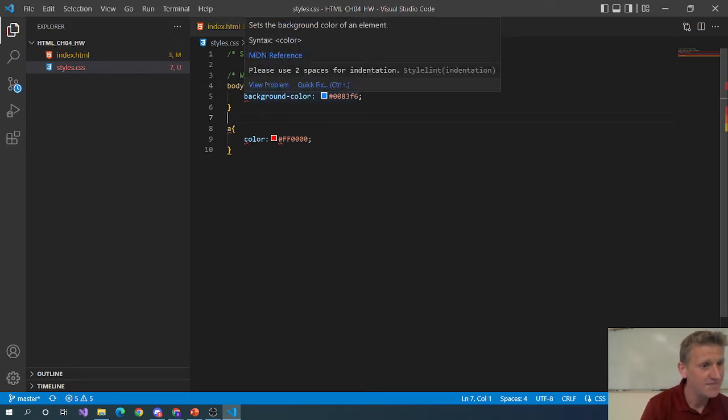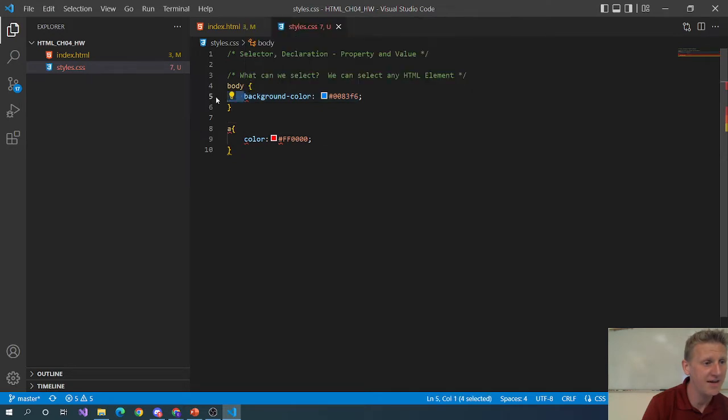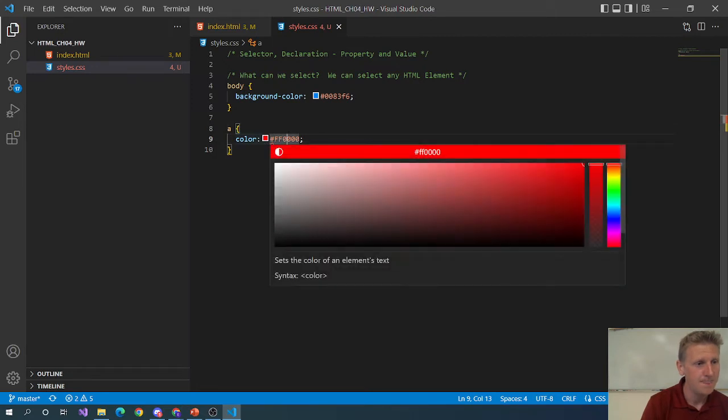Now this says, please use 2 spaces for indentation. If I count that, I got 4 spaces, so I remove two, and that gets rid of that. Now, you might say, well, a tab is 4 spaces, so instead of tabbing over, I just do my 2 spaces, and I do that. And we got one more